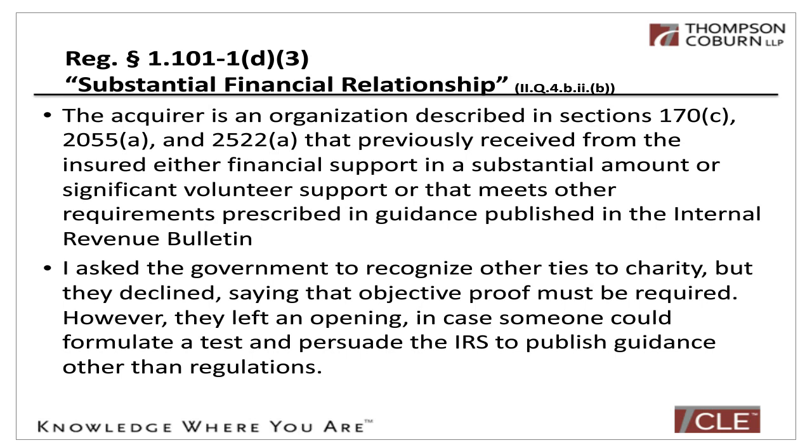And the government said, now you're getting into something that's really hard to tell. What do they do for them? What did Jewish Family Services do for them so many years ago? The relationship they have is so tenuous. They said, we aren't going to provide exceptions to regulations, but we'll throw you a bone. If your charities want to figure out what they think the test should be, they can write in to the government and ask the government to provide additional guidance and provide an exception for them. So if any charities do want to do the work of getting an exception, they can do that. I doubt any will, but it's there. Next slide.